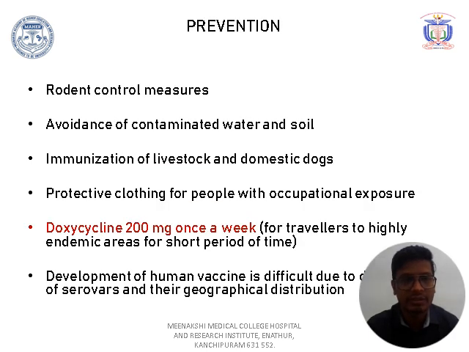Prevention includes rodent control measures, avoidance of contaminated water and soil, immunization of livestock and domestic dogs, and protective clothing for people with occupational exposure. Doxycycline can be given to travelers to endemic areas, 200 mg once a week. A vaccine is difficult because of different